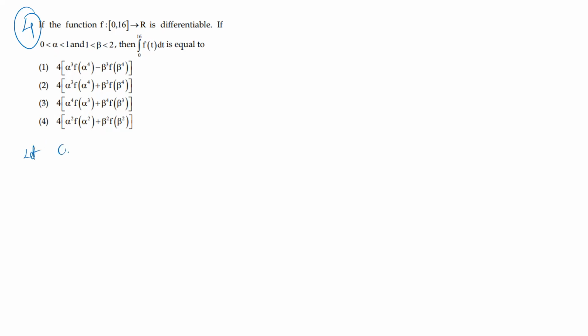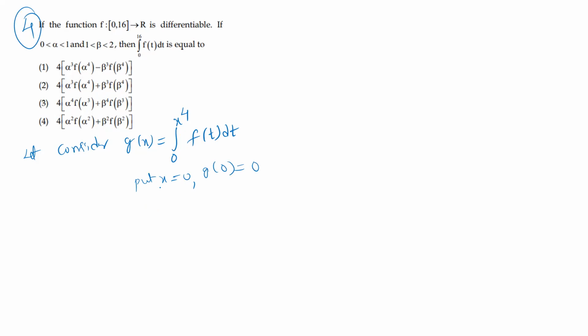Let's consider the same function, some other function g of x equal to the integral from 0 to x power 4 of f of t dt. If you substitute x value 2, we get the same function. But we don't know how to evaluate this directly because we don't know f of t. That's why to find this value, we need g of x. If you substitute x value 0, the limits become the same, so g of 0 becomes 0.